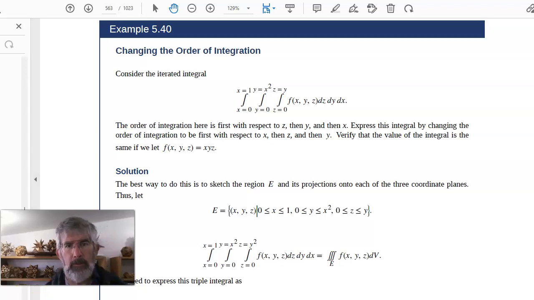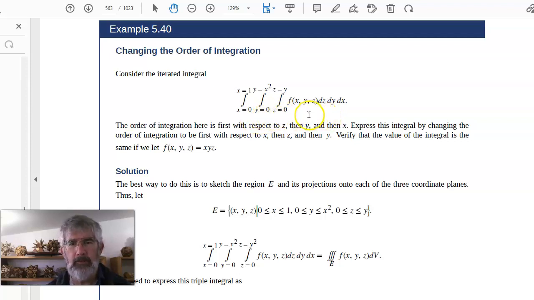Okay, so there was a question on example 5.4 here. I believe this is section 5.4. So actually, it's example 5.40 in section 5.4 of the textbook here. And you're given this